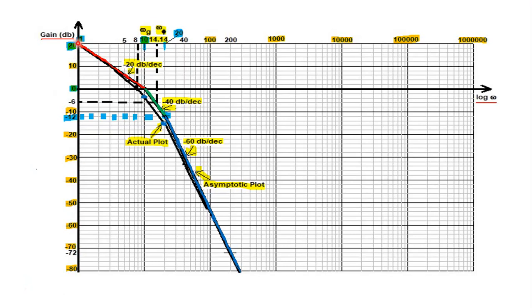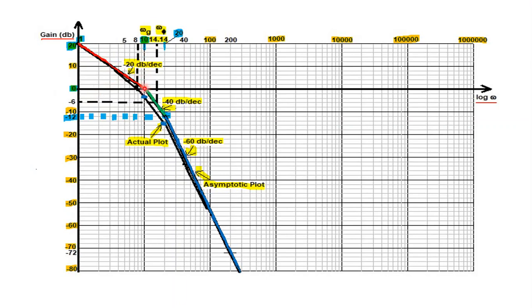I know very well that up to corner frequency 10, slope is going to be minus 20 dB per decade. What does it mean? If I am taking 20 at 1, then at 10 it should be 20 minus 20, how much? 0. Therefore corresponding to 0, corresponding to 10, you mark a point and join these 2 points. So that is what is shown with the red highlighted color. So this is the initial slope of the log magnitude plot.